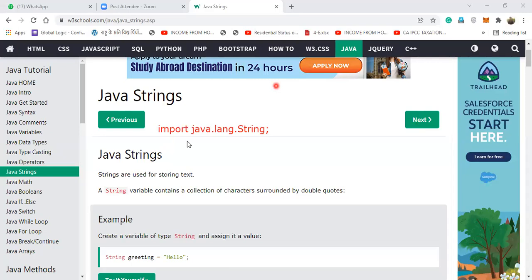Yeah, like I start with this. System.java.lang, whenever I say Java string, string is basically used for storing text. It is a multi-character string. Whenever we say string, it is more than one character. A character is a single character, but a string is a combination of characters. It contains more than one character. Got my point?